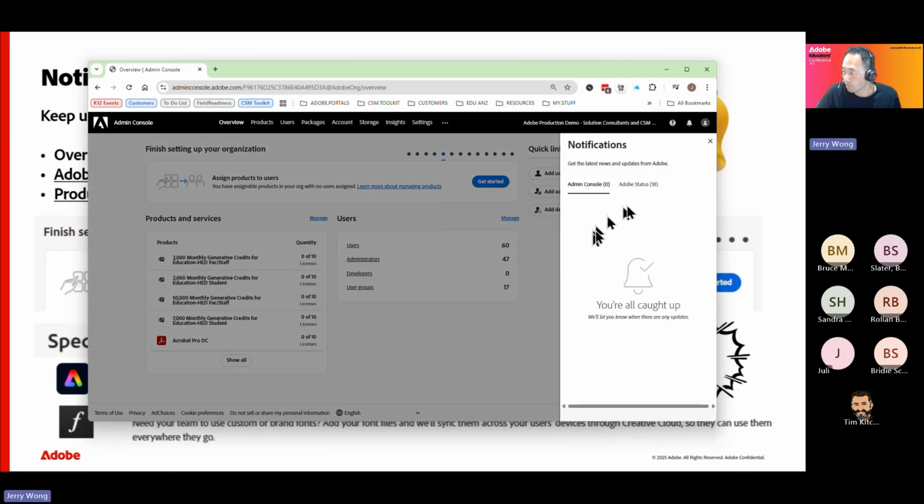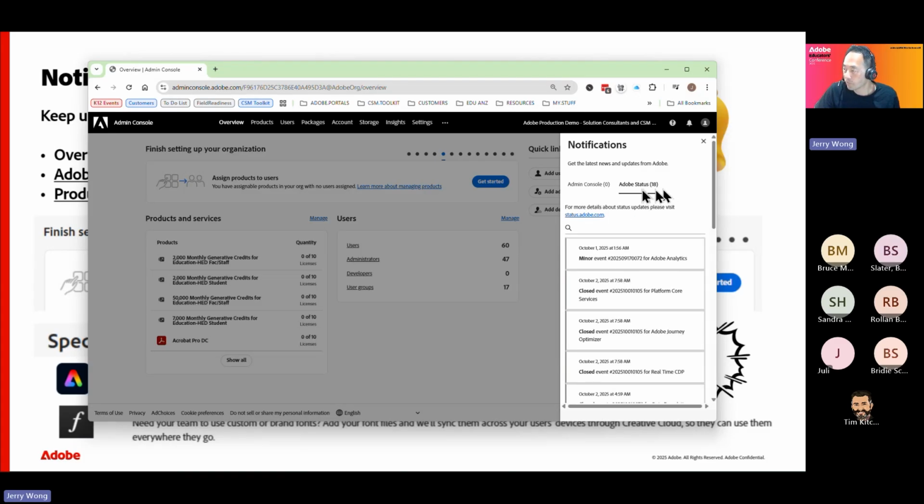And by looking at that, another thing you may not realize is that you can check on Adobe's status on services as well. By clicking on this icon here, it'll give you different service alerts that are happening throughout Adobe. And you'll get live information here by going to the status, into this live website here.